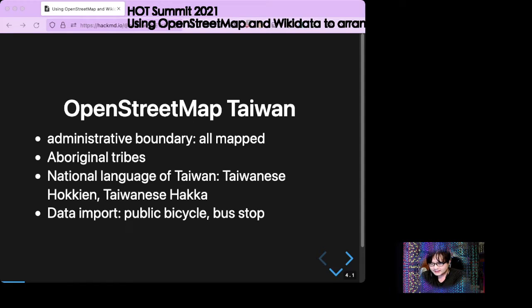The Taiwan government has also established several open data protocols and licenses allowed to be imported into OpenStreetMap, so there have been some data imports, like public bicycle and bus stops.